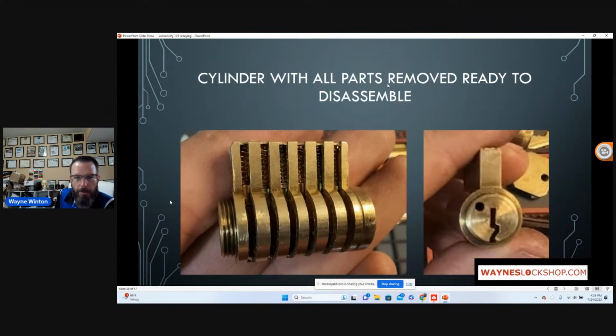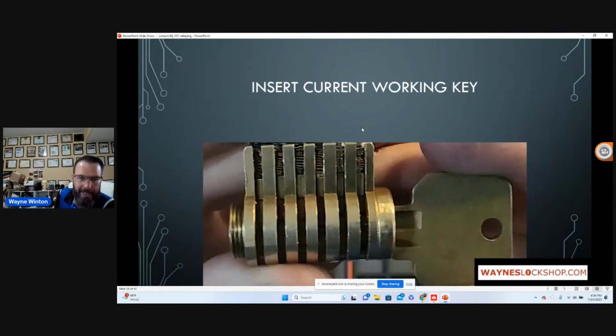Cylinder with all the parts removed, ready to disassemble. Okay, so we now have all of the parts removed off of this cylinder. You can see that we've got the detent or the retaining pin spring and retaining pin gone out of the back of the lock. You can see the threads on the plug. Now we can insert a current working key